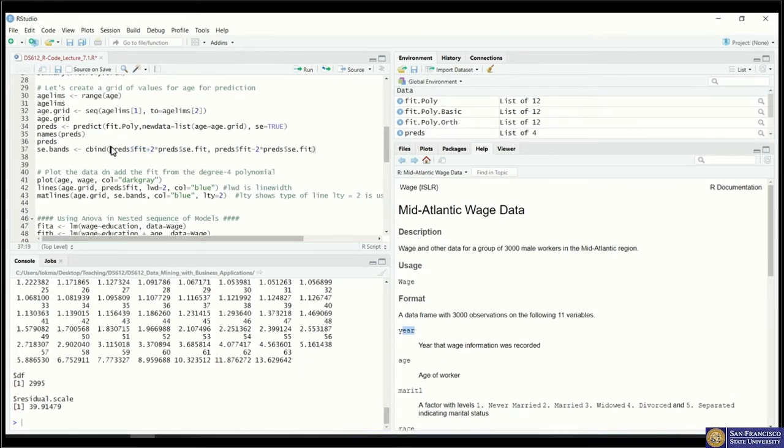So from the predictions, we have the fit plus 2 times the standard error of the fit, and then we have another lower bound right here, which is the fits of the model minus 2 times the standard error of the fit. Again, this will create approximately 95% confidence interval standard error bands for our plotting purposes. So let's store this band,